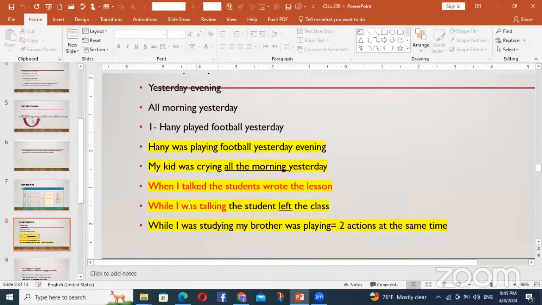The first one is in the past continuous, and the second one is in the past simple. Okay, what does it mean? I connected two sentences together with the time word "while". It means that these two actions happened in the past, but one is long, the other is short. And one begins and ends after another one.